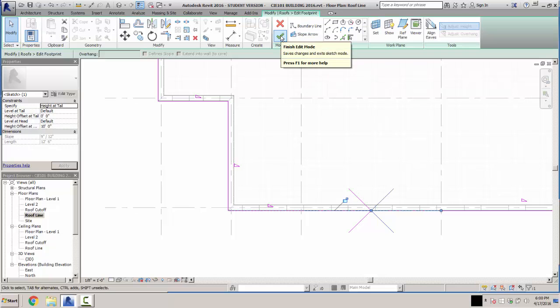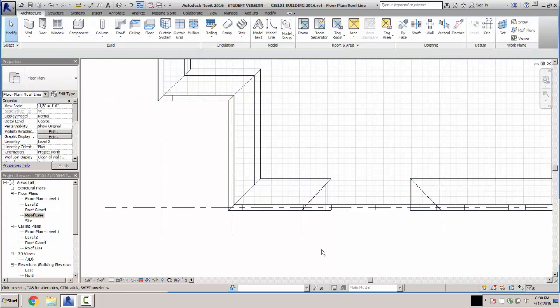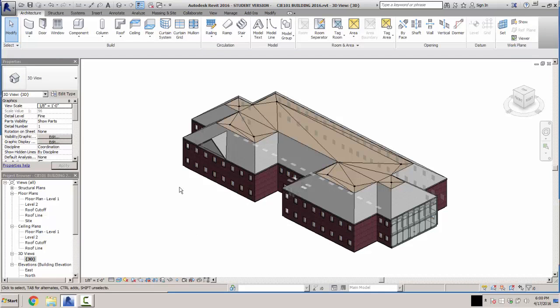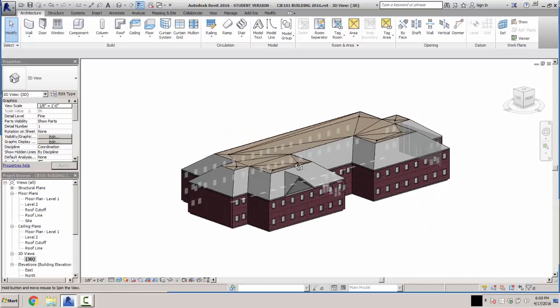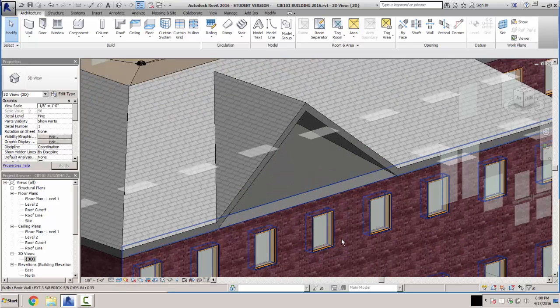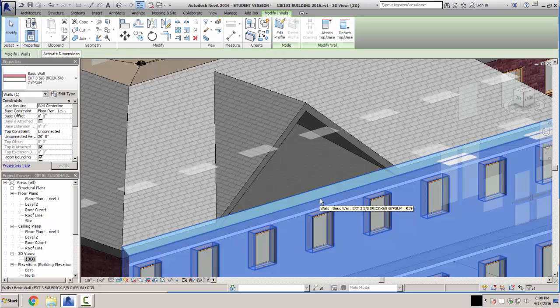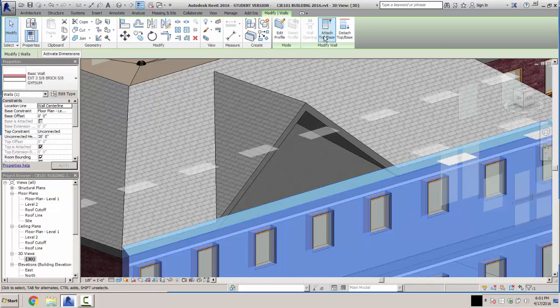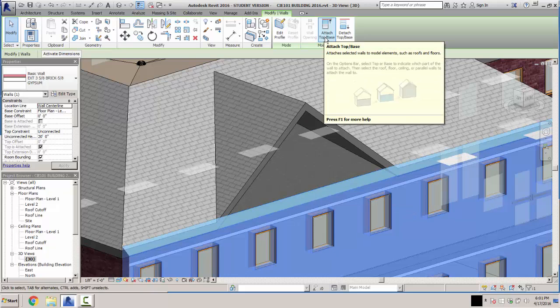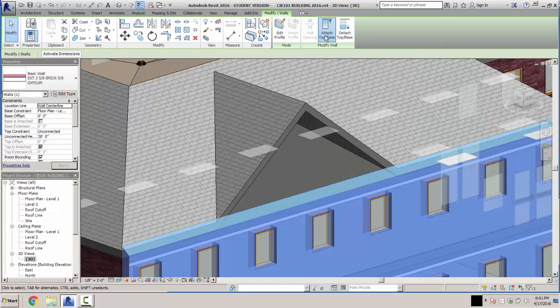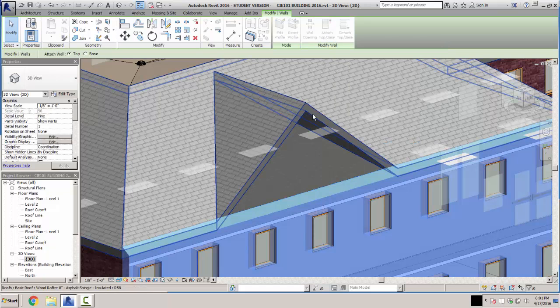Now we're going to select the green check mark, and we're going to go to our 3D view, and now we can see we've got a gable on this end of the roof, but we don't have any wall running up into there. So we're going to select the southwest wall, this one, and it says attach top base. So select that tool, select the gable roof,